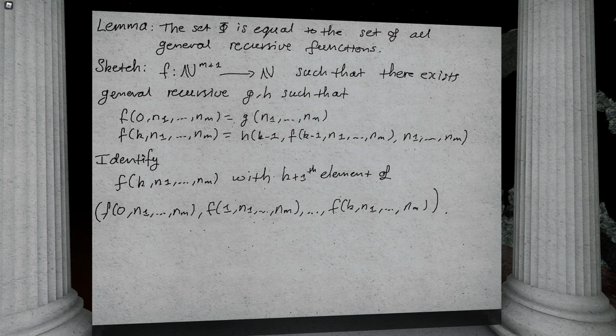Now, it's beta which we require to be a general recursive function. It's not actually the encoding that beta unwinds that needs to be. So the goal is to construct beta from the natural numbers product the natural numbers to the natural numbers, such that